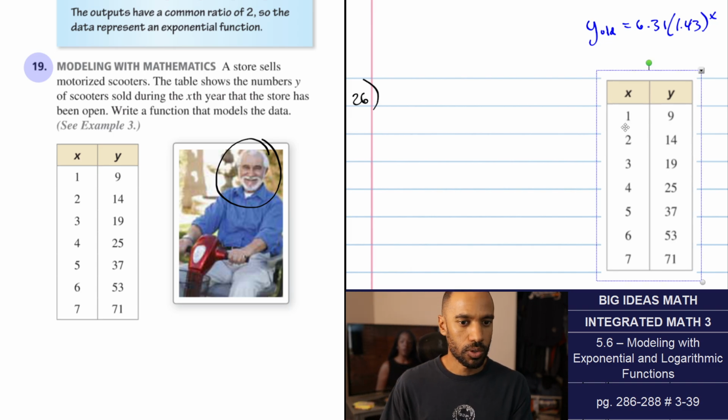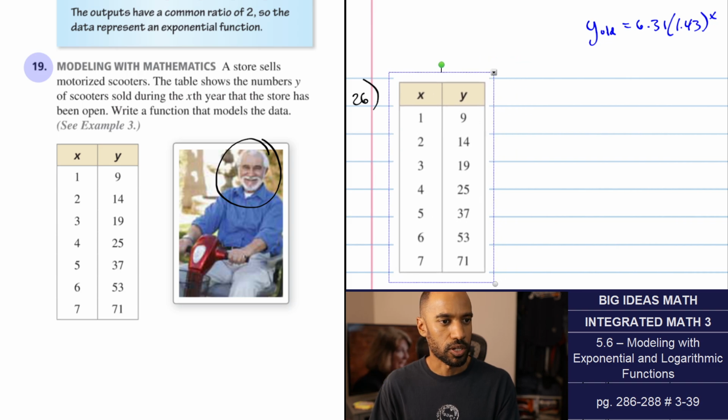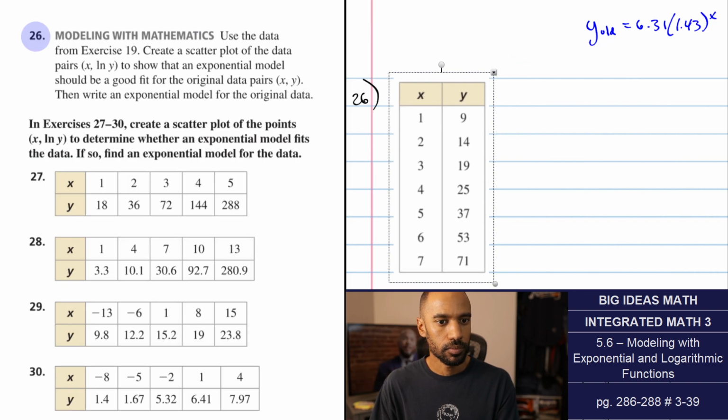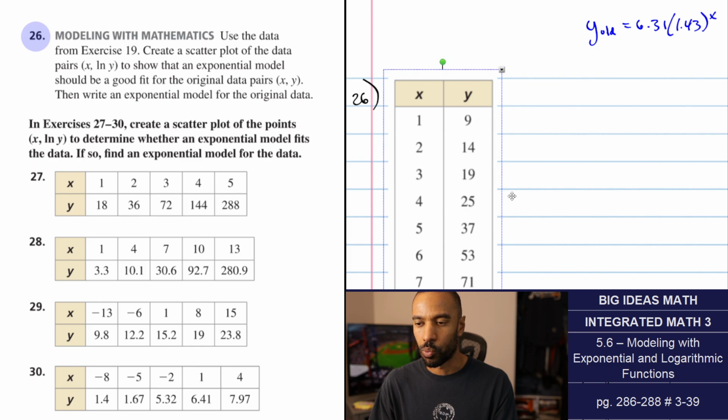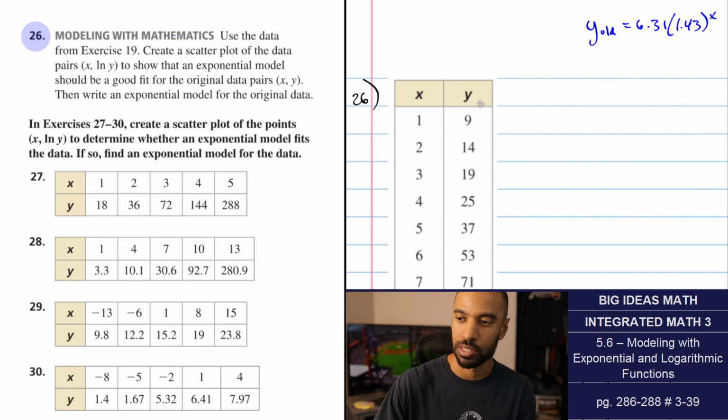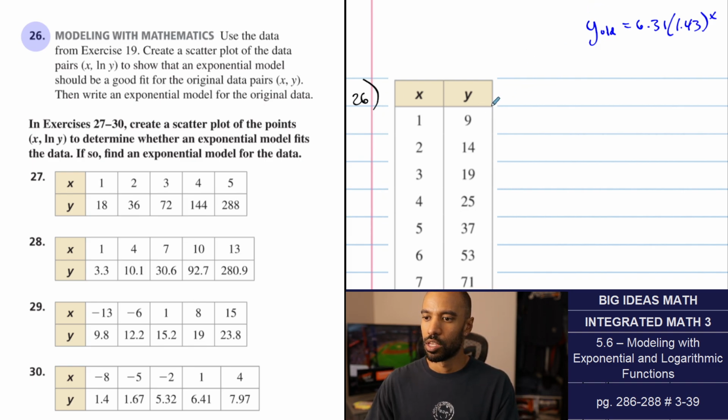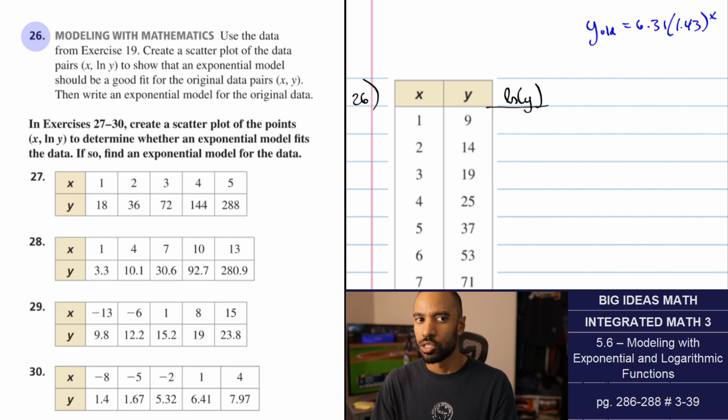So we're going to use natural y. Oh, where's my question? Create a scatter plot to show an exponential model should be a good fit. All right, so we got to do this. This is how it works. So I'm going to write a new column, natural log of y. Let's see how it goes. We'll do natural log of 9, 14, and 19. All right, my first three sets, 2.197,